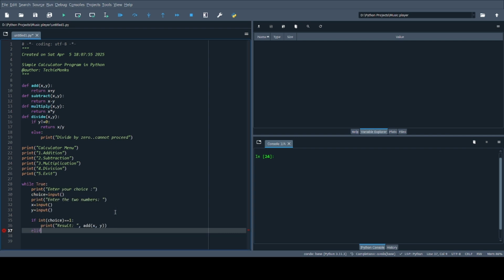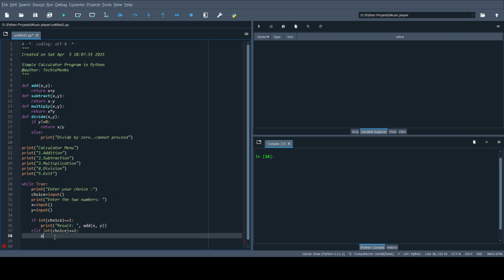Elif int of choice equal to 2, we'll print